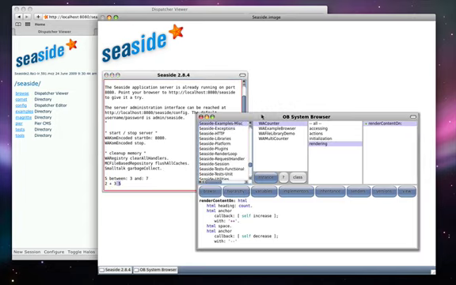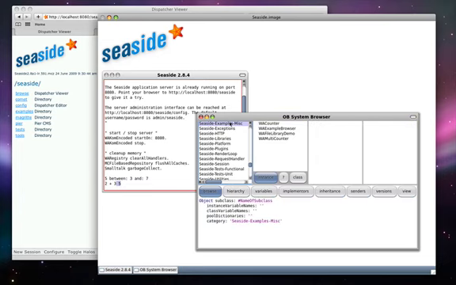The other window is an OB system browser. This contains a list of categories, classes within each category, method categories, methods, and then the actual code is seen in the bottom text area. The Seaside Examples Miscellaneous package has 4 classes. The WACounter class has 7 methods.